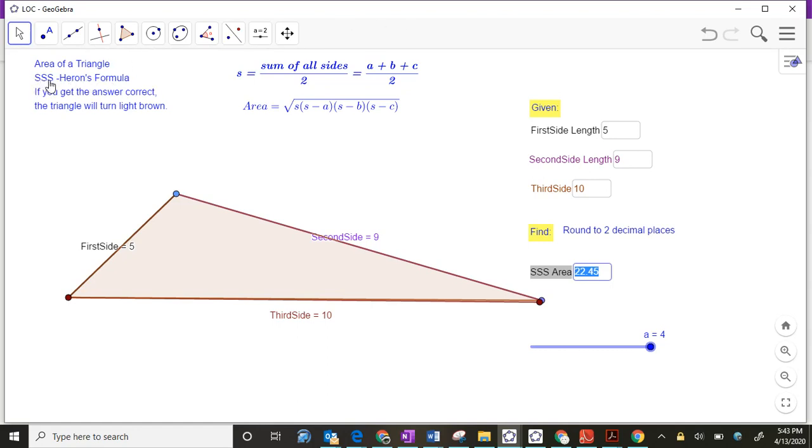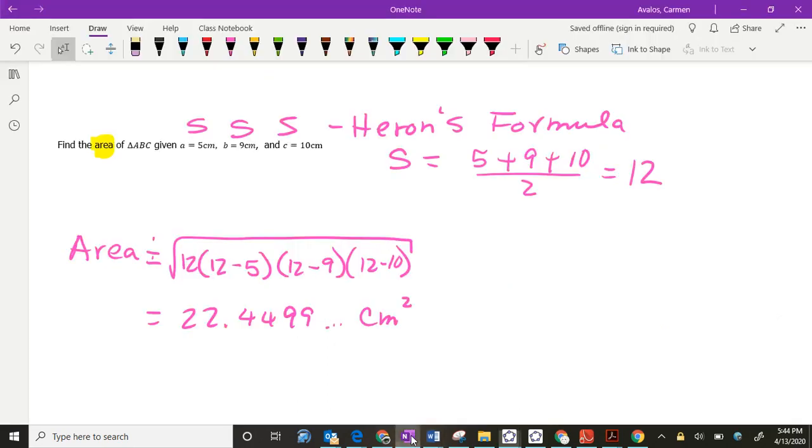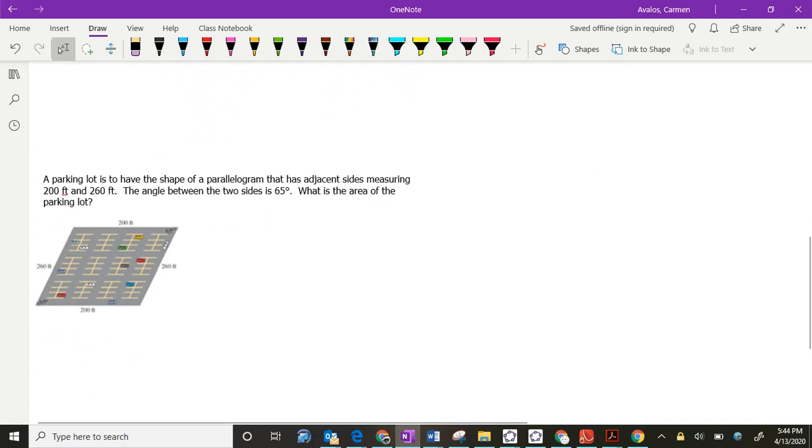on side, side, side. Notice how we're not finding the height or the side opposite because we're not given any angles. We're only given the sides. And so that's how you find the area. You're only going to be given 2 cases, the side angle side or the side, side, side. Okay, so now let's go back and apply it to